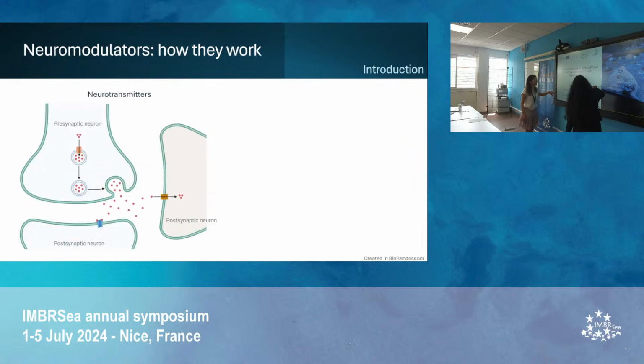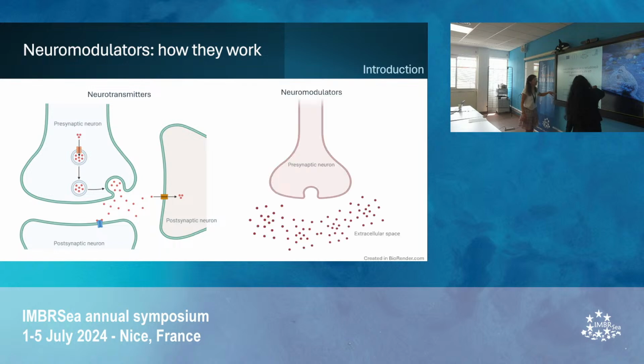Neuromodulators and neurotransmitters have often been used interchangeably, but the key difference lies in the mechanism. Neurotransmitters release chemicals which are transmitted from synapse to synapse through ion-gated channels or G-protein coupled receptor pathways. Whereas neuromodulators release the chemicals in the extracellular space so that they can target multiple neurons at once.